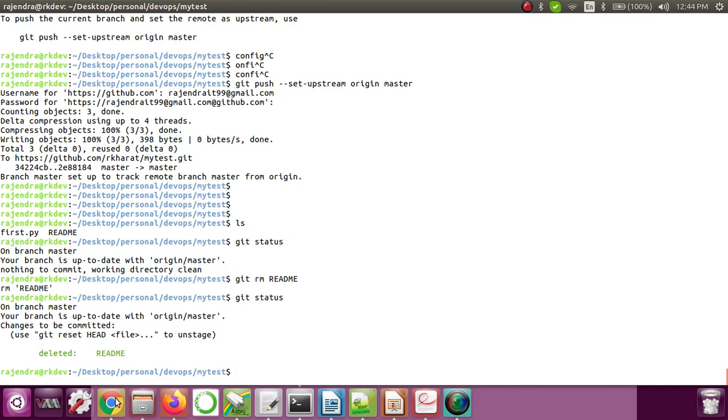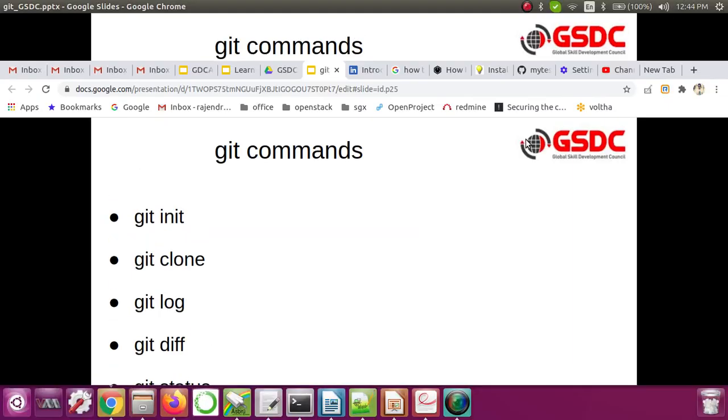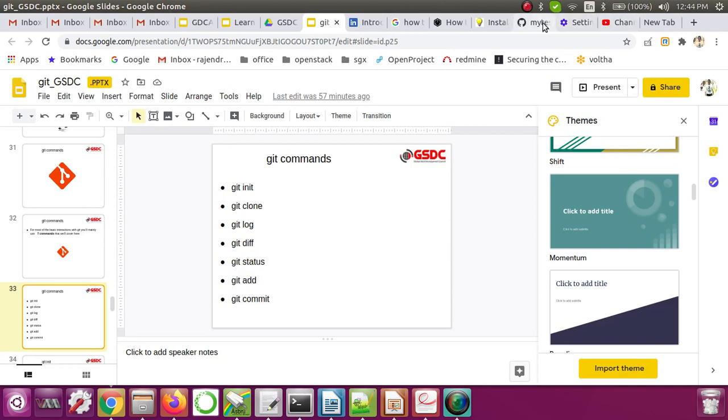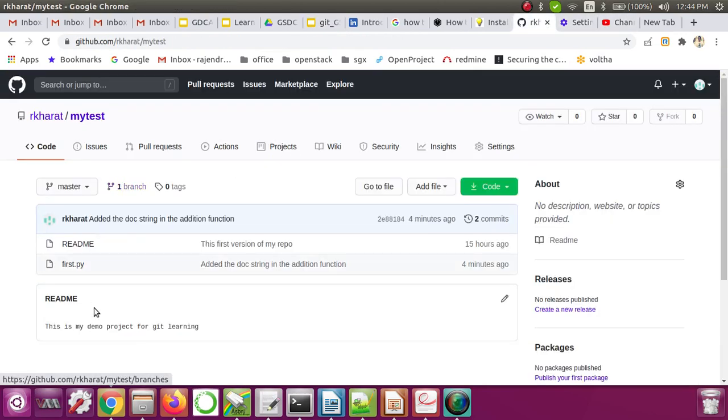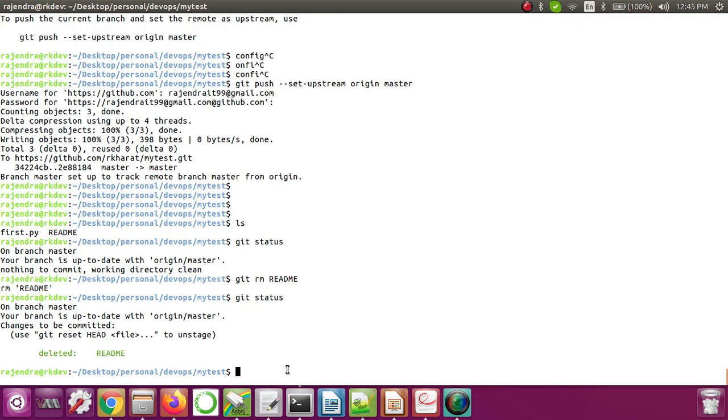Okay, but if you go back and see on the remote repository, this file is still there. Okay, because we didn't push the changes to the remote repository yet. Okay, so now we did this, and now let's say first we have to commit these changes.